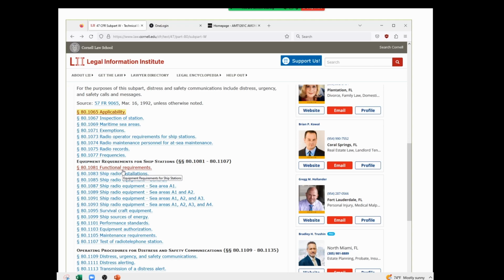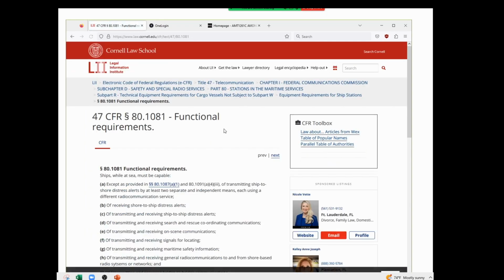So it is kind of handy that a lawyer is presenting these for you. But let's go ahead and click and quickly scroll through these. The first one, functional requirements. Basically, if you're going to have distress alerts, you have to have two separate and independent means,